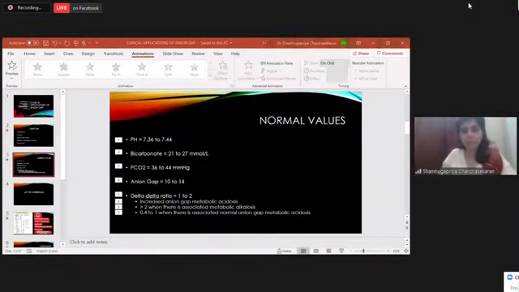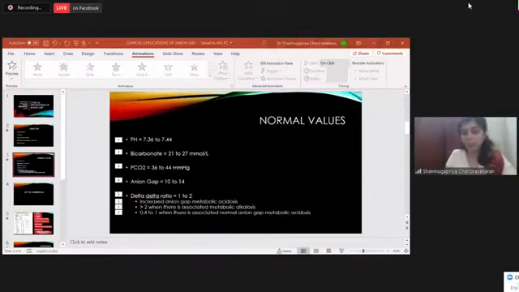Yeah, metabolic acidosis, the decrease in bicarbonate level in the body. Right, Rishikesh Naik has answered it right. And Meghna has also answered it right. So what is acidosis? Acidosis is a decrease in pH. We all know the normal pH is 7.36 to 7.44. Whenever there is a drop in pH below this value, it will be called acidosis.